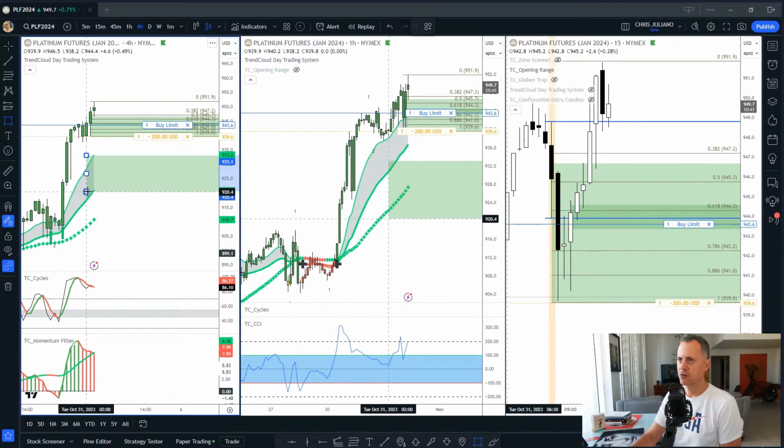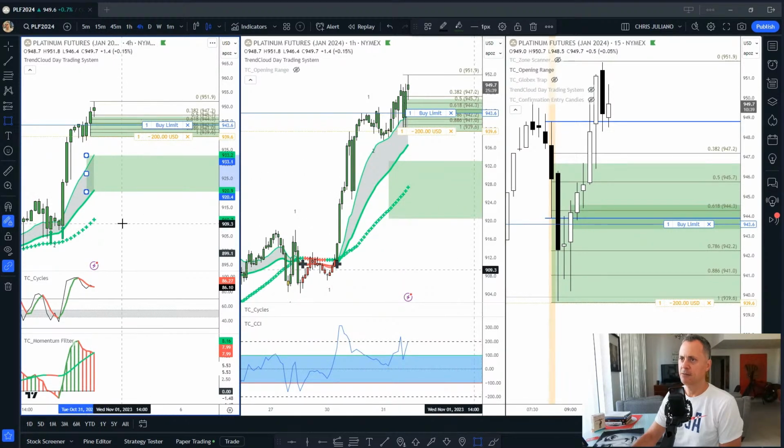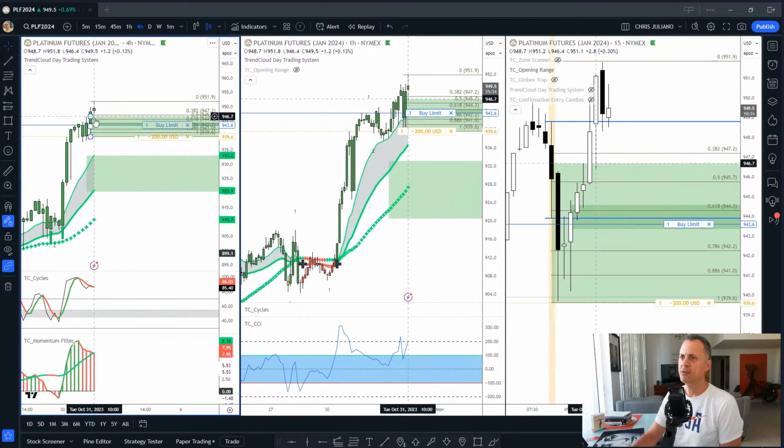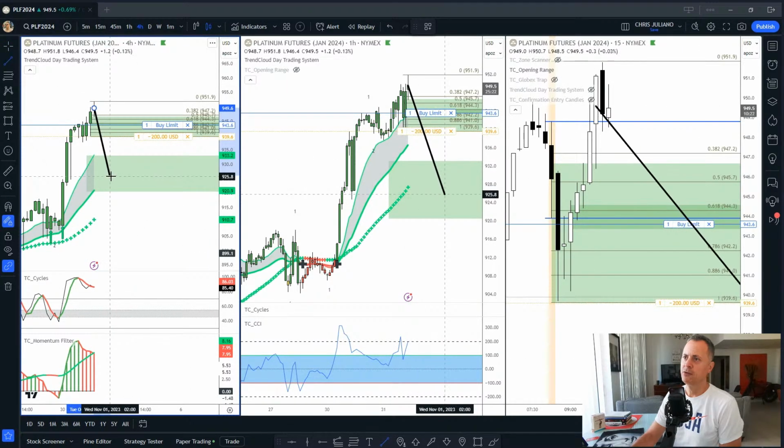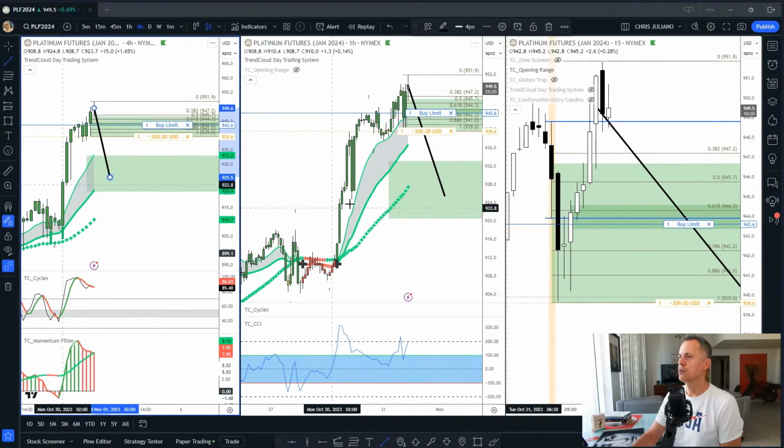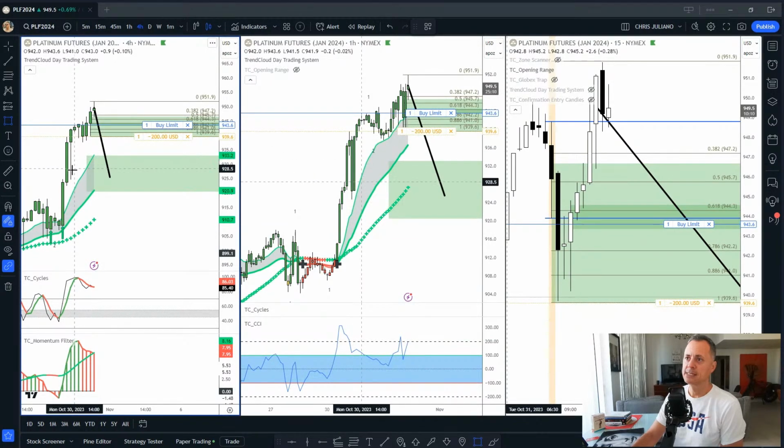Yeah, so right here you can go like this, and you can say the corrective move on platinum here could pull down into this area, right? And what you would do is you would look for on your lower time frames, and look what we've got. Look what it did. Right in here, right? Look at this candle. Zip right down into